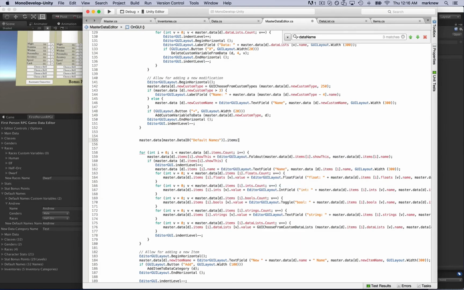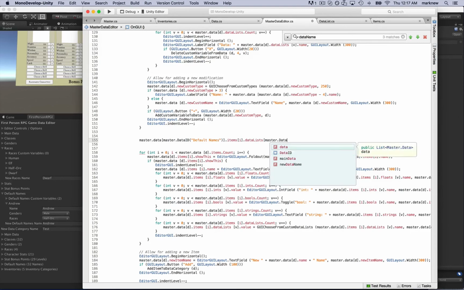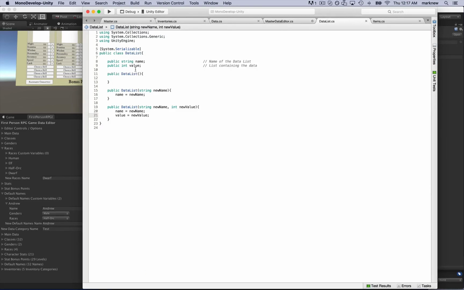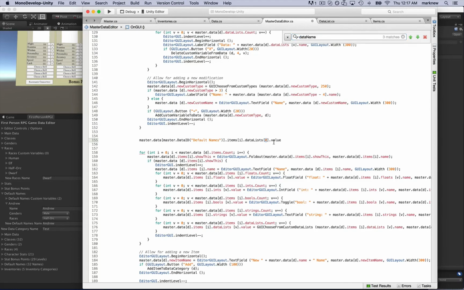and it might be in a loop that I'm going through or something. Items I dot data lists, and again we'll go for master.data ID. We'll have to figure out, you get the idea. There will be something here, data ID, put a number in there, dot value, because if you look at the data list, there's just name and value. So this is going to be a search by the name, and then you're going to get the value,